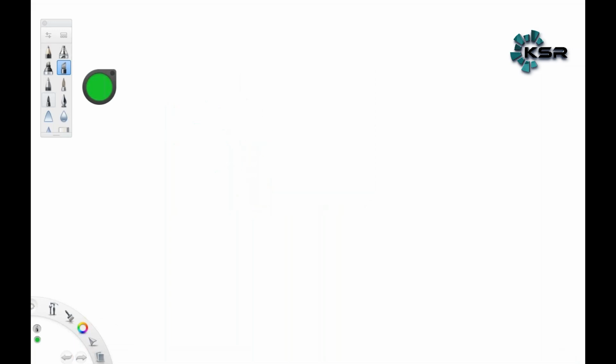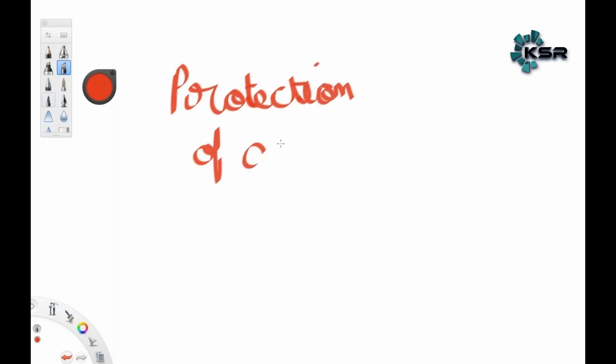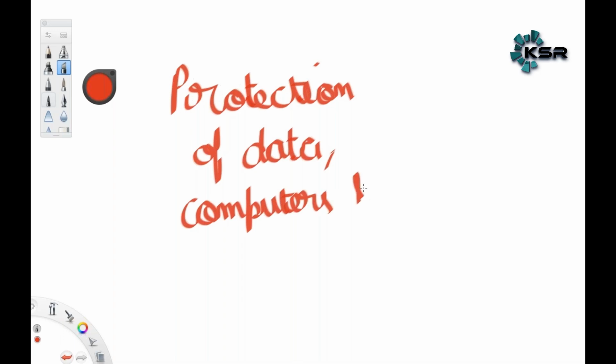Okay, so if we talk about cybersecurity at a very layman level, it talks about the protection of data, computers, and networks, right?